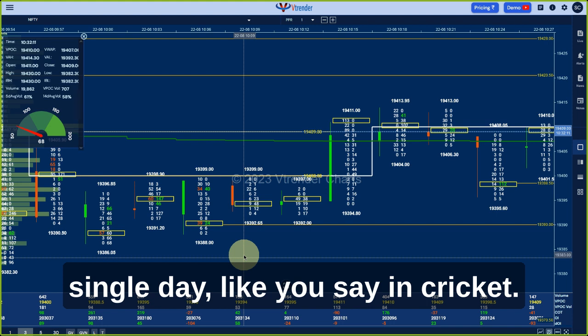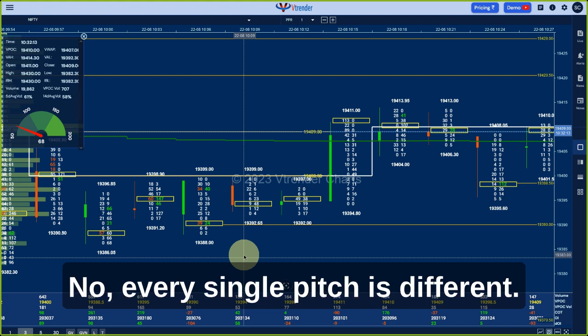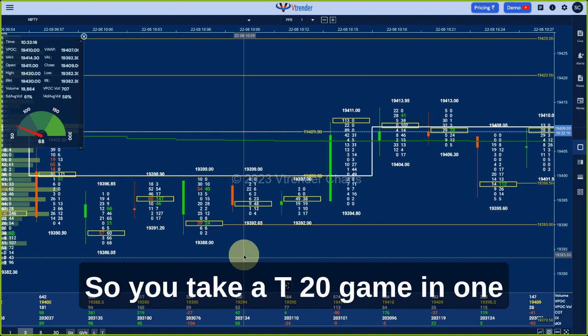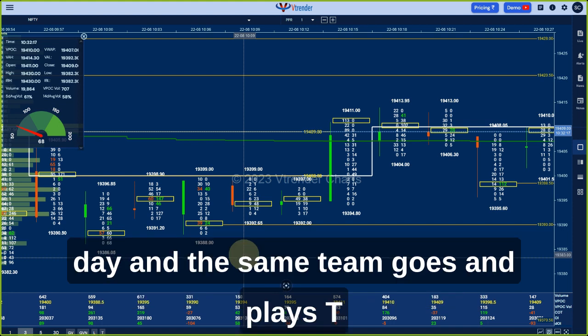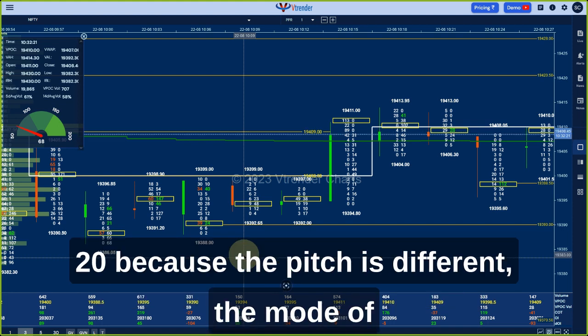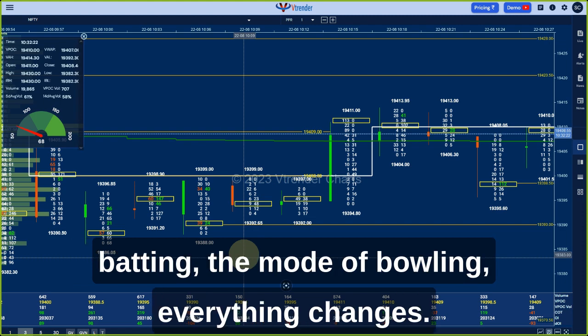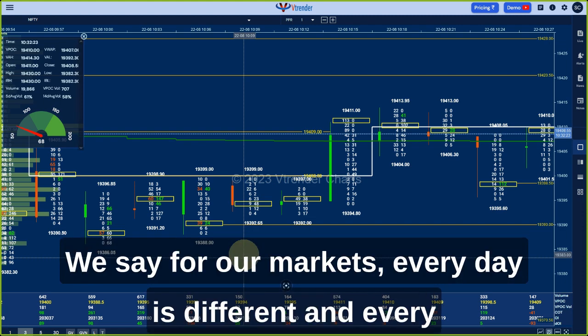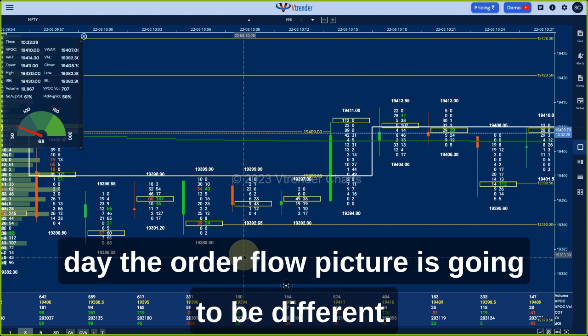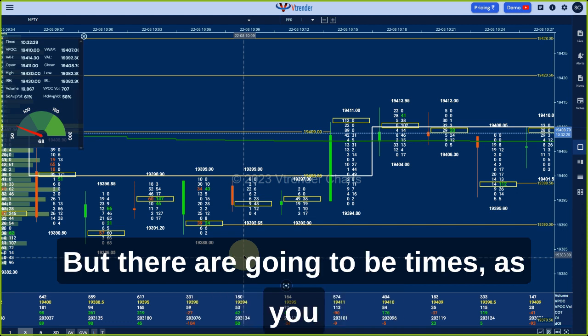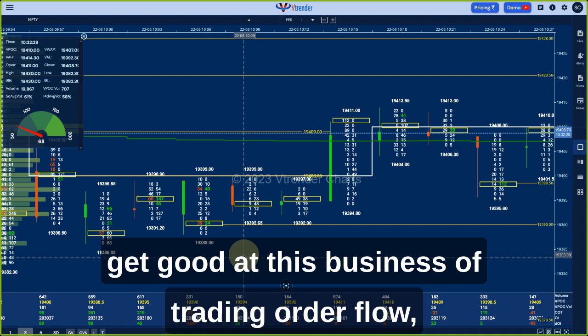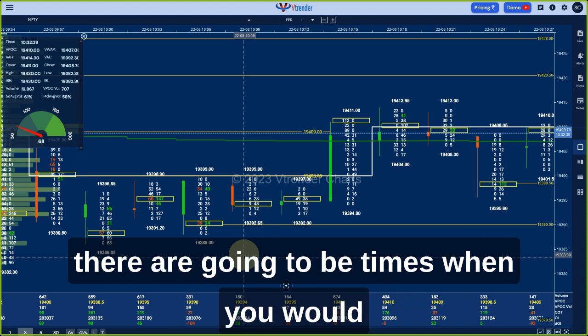Like you say in cricket, every single pitch is different. You take a T20 game one day, and the same team goes and plays T20 the next, because the pitch is different, the mode of batting, the mode of bowling, everything changes. So same thing for our markets: every day is different, and every day the order flow picture is going to be different. But as you get good at this business of trading order flow, there are going to be times